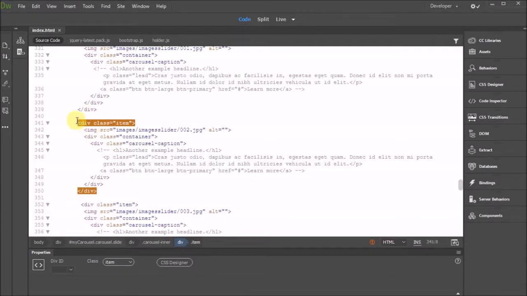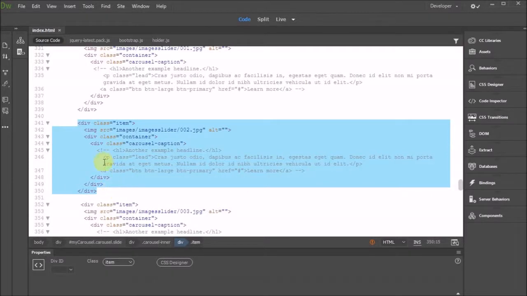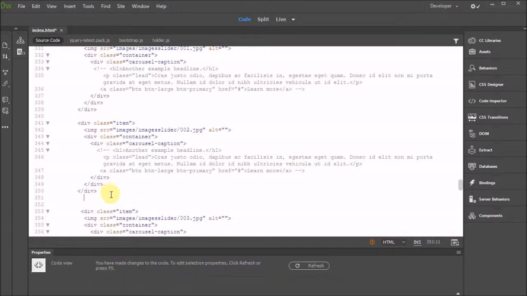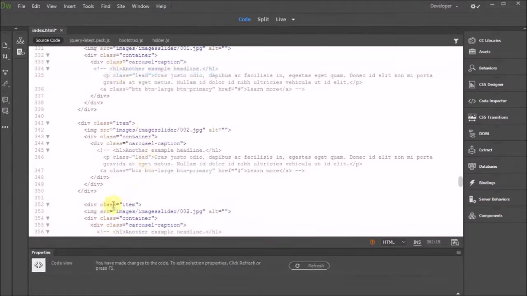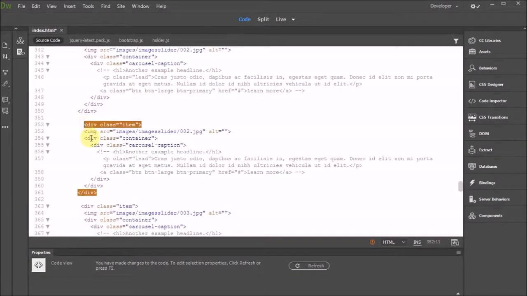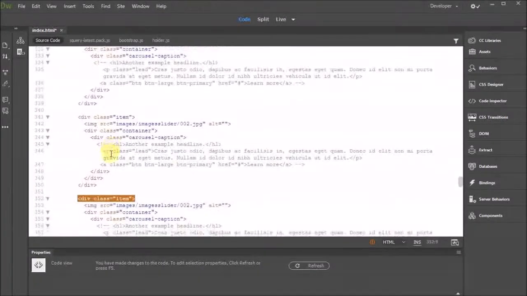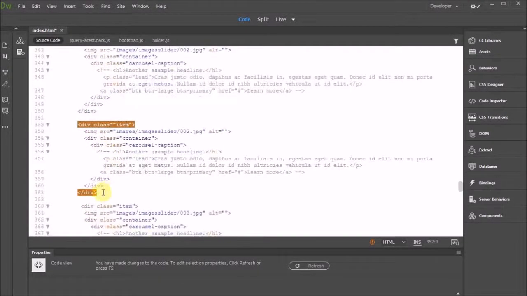So I'm gonna copy this div, and I'm gonna go one more down. Move it like so, make sure they're aligned how they're supposed to be. So I'm gonna copy now these 2 divs,